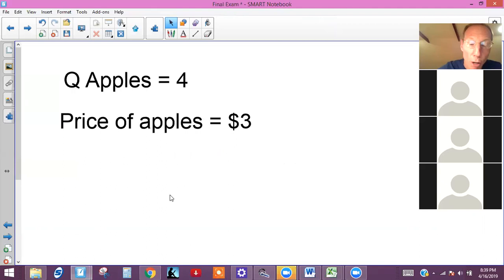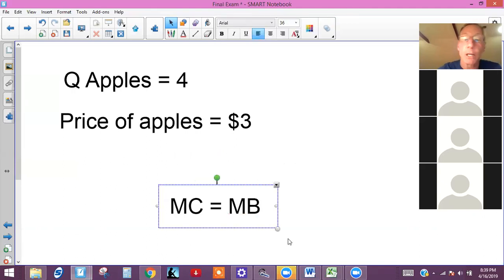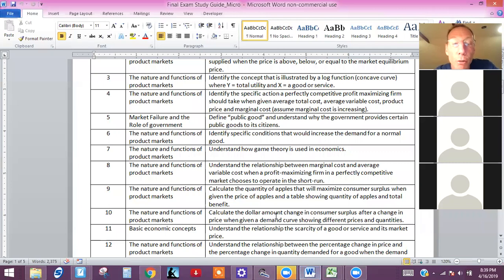Now, remember, marginal cost needs to equal marginal benefit in order for this consumer to maximize their consumer surplus, okay? Marginal cost needs to equal marginal benefit, okay? So marginal cost and marginal benefit is